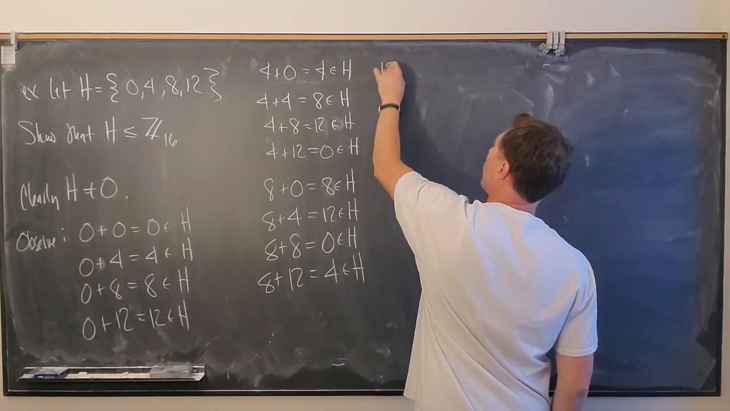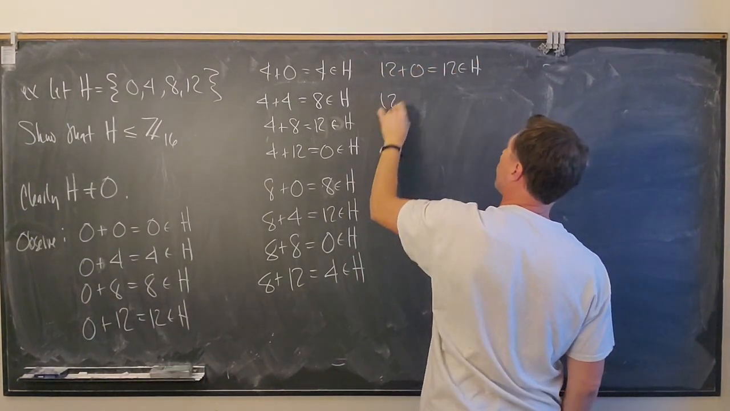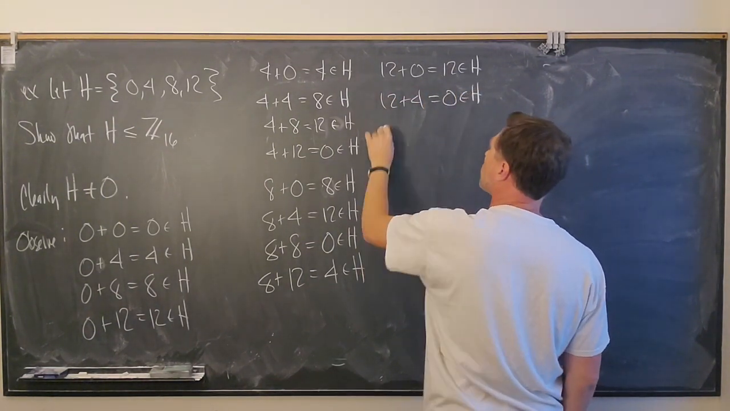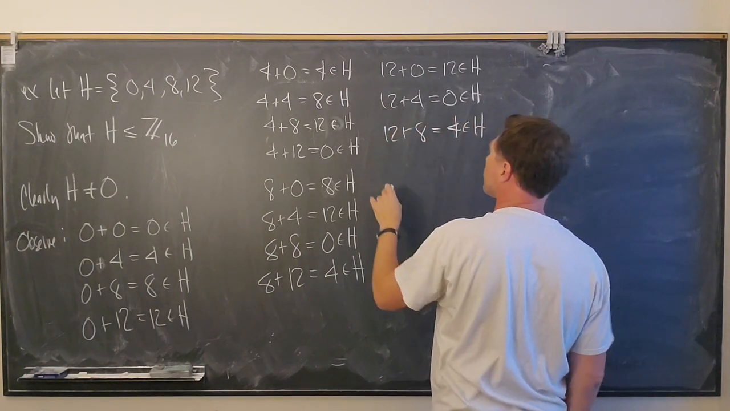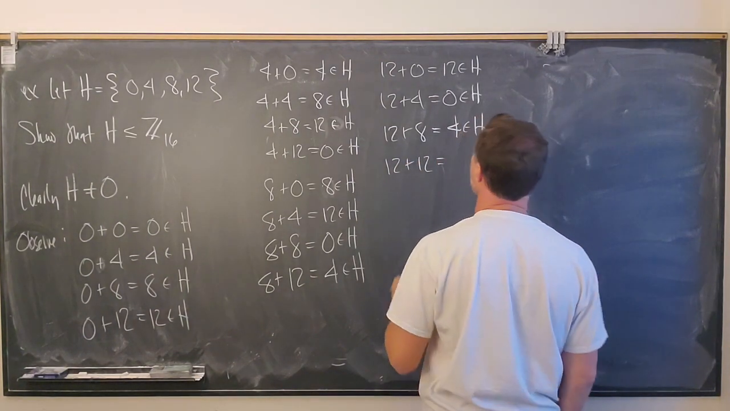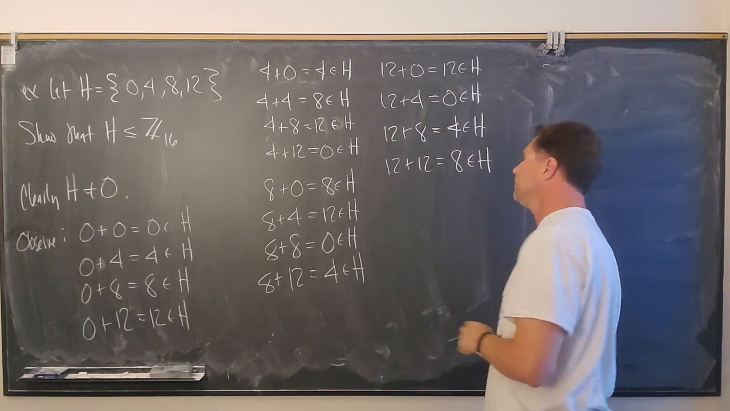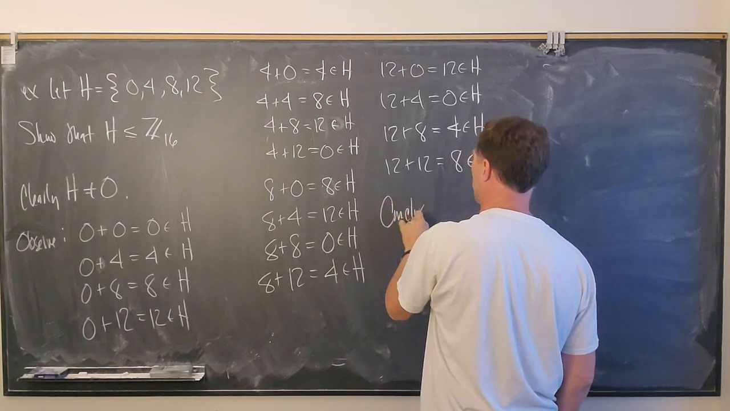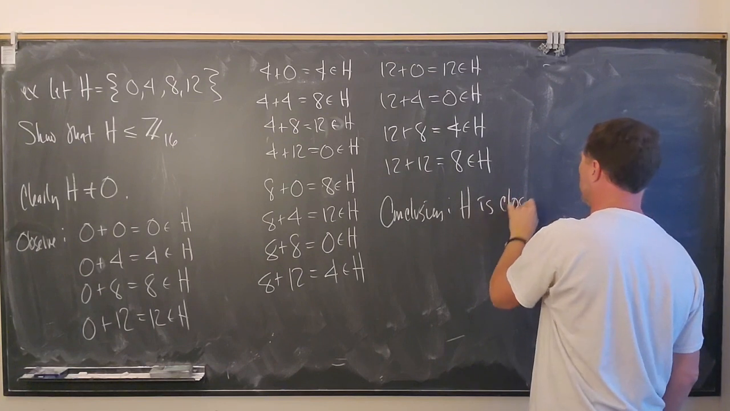So now 12 plus 0 equals 12, which is in H. 12 plus 4 equals 0, which is in H. 12 plus 8 equals 4, which is in H. And 12 plus 12 equals 8, which is in H. Conclusion: H is closed